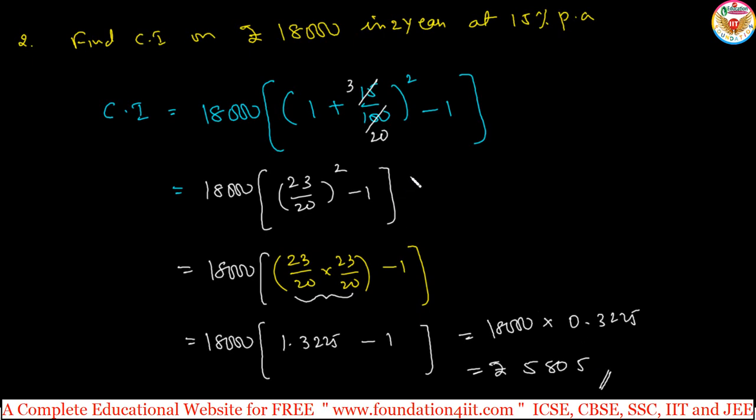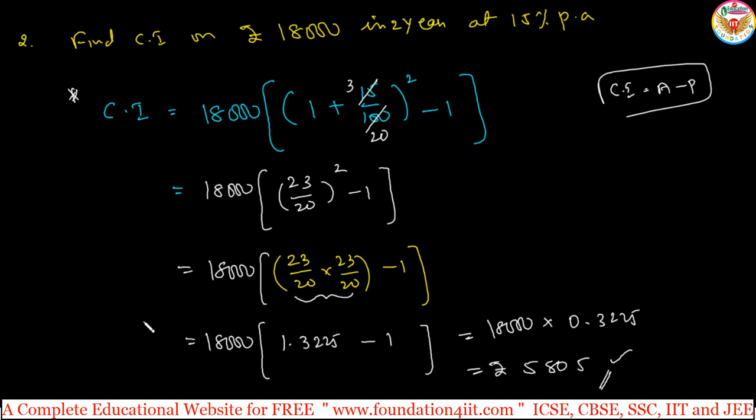So the calculation will be lengthy if you apply the direct formula. Or else find out the amount and subtract, and compound interest is equal to A minus P, and you can use that formula also to get the same answer. Both are ways you can apply, as per your calculation speed. What I suggest is to first find out the amount, then compound interest is equal to A minus P, instead of taking decimals and a lengthy process.